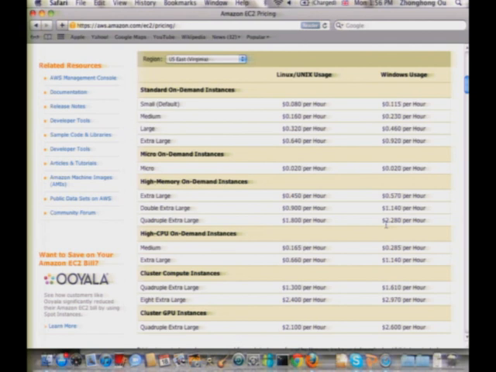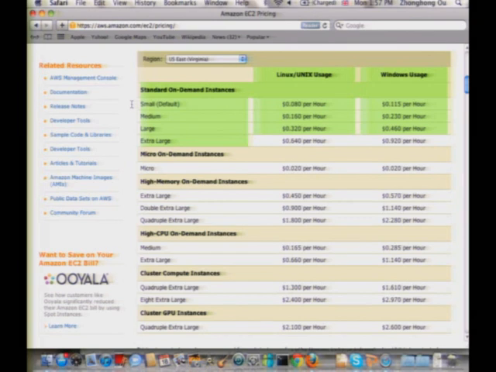So if you run one instance for 1 hour, you will pay 8 cents. If you rent the medium, it is 16 cents, the large is 32, and if it is extra large, then it's 64 here for the standard. And this is per actual hour of actual usage. Right, so you can turn your own server on and off. It's for the amount of time that your server is on.